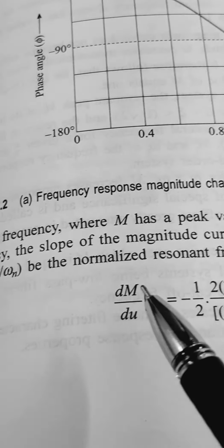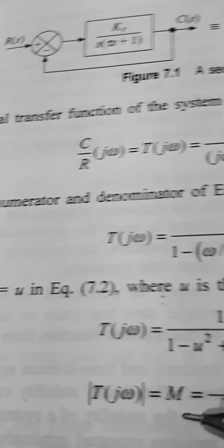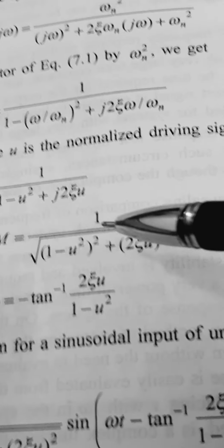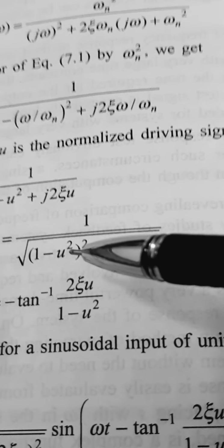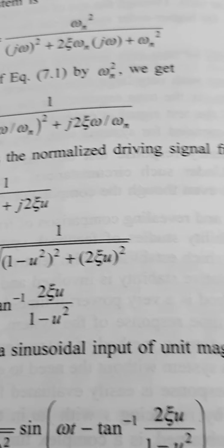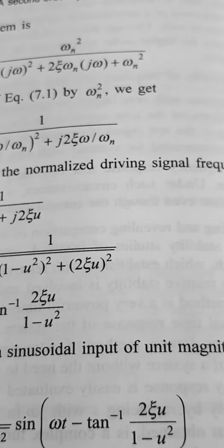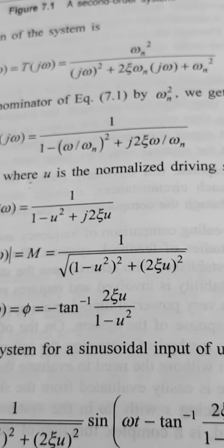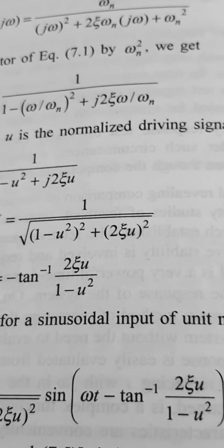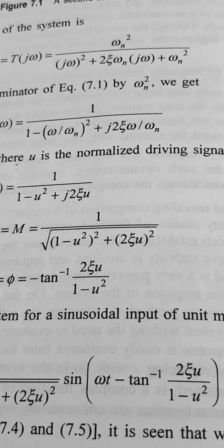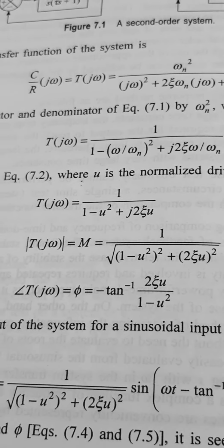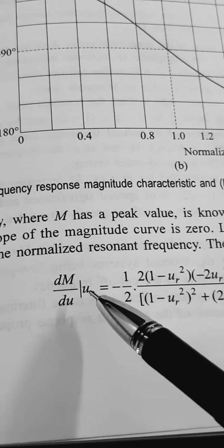Then we differentiate dM by du. Here M is 1 by the square root of (1 minus u square) whole square plus (2 xi u) whole square, and you know the differentiation of that. So here dM by du at u r is